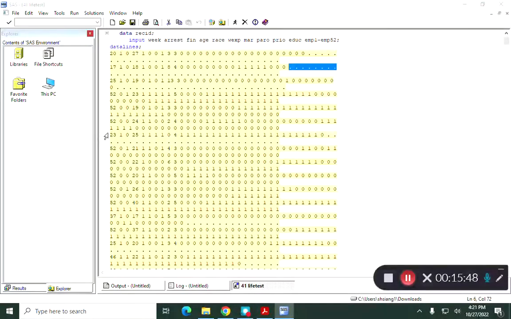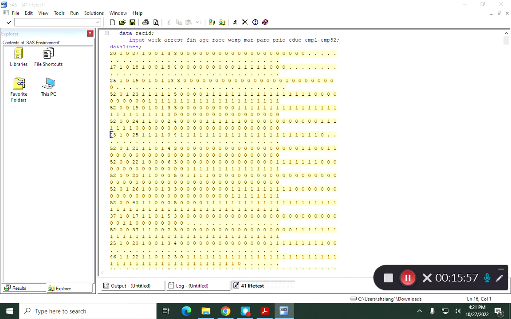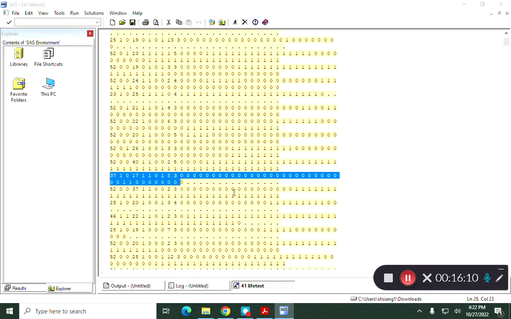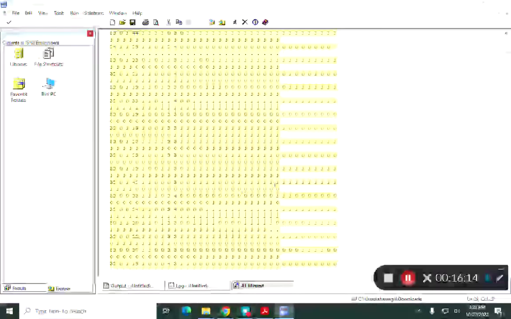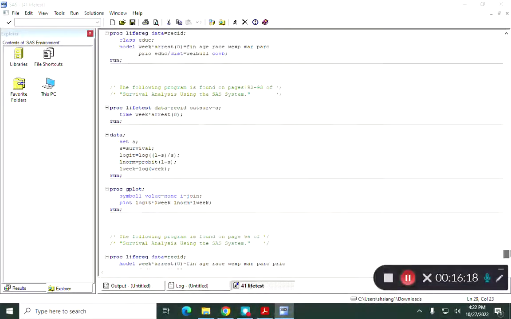And look at here. If it's 52, no missing data. 52, no missing data. 23, we got missing data. Make sense now? Because he got arrested. So 52, no missing data. And 37, you can see some missing or not missing data. Okay? And after we've done all this, in the code,